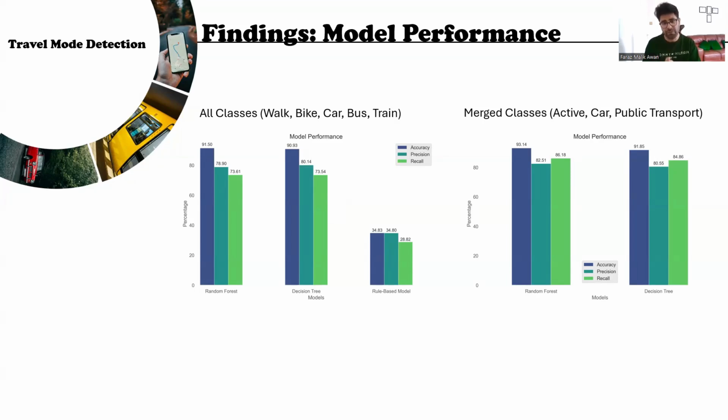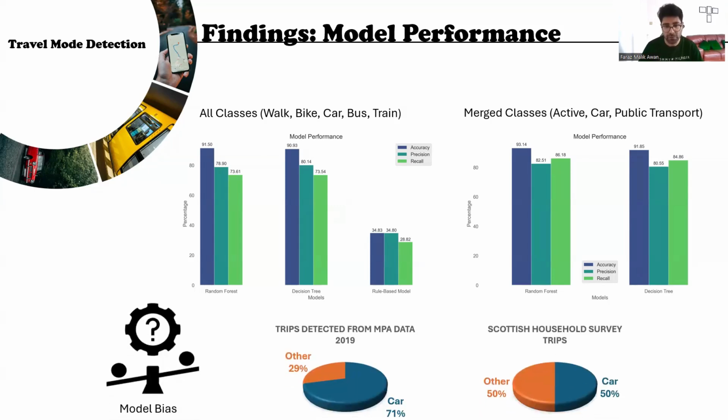Given their good performance on the testing data, these models were applied on the trips detected from mobile phone app data, as our primary trip data set didn't contain any ground truth. So manual validation was carried out based on the route and spatial characteristics. Overall, models showed similar performance. However, for further evaluation, we compared the statistics generated from our primary trip data with that of the Scottish Household Survey, and we noticed differences between the stats.